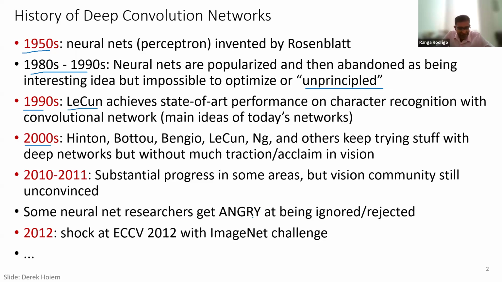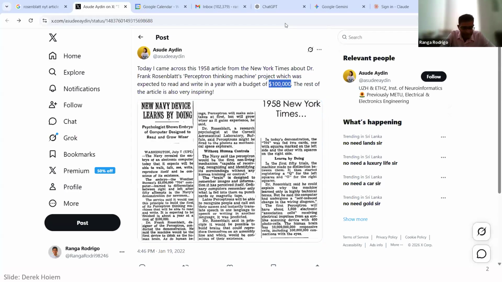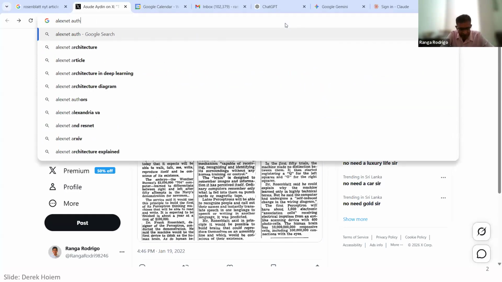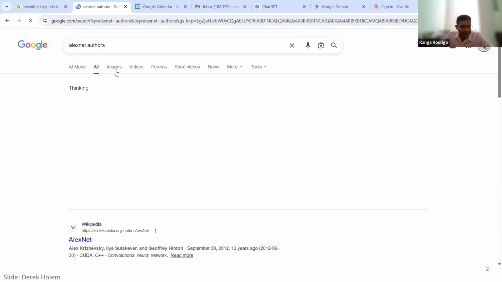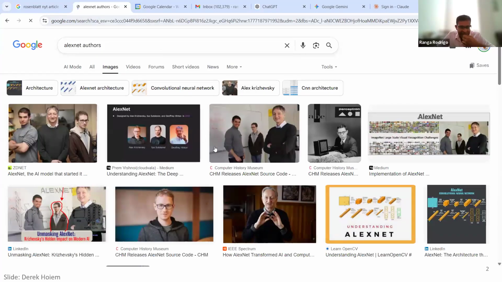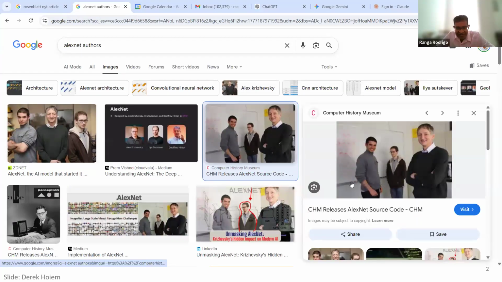Some neural network researchers got very angry at being ignored or rejected. In 2012, it shocked the whole world with this ECCV 2012 publication, the ImageNet Challenge publication called AlexNet. So I have shown the pictures of these authors, but I will show again. These are the authors of AlexNet. You can see here Ilya Sutskever, Alex Krizhevsky is the first author, and he's the one who did the work,